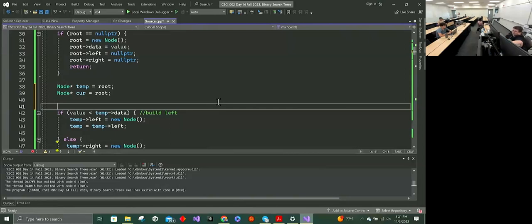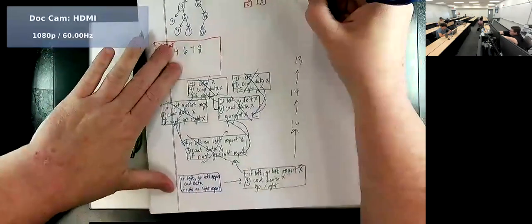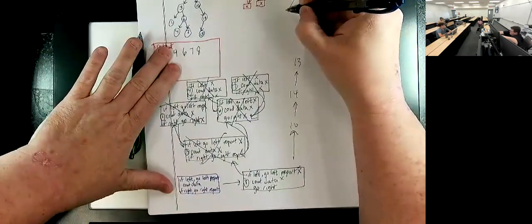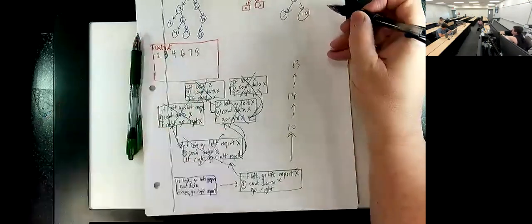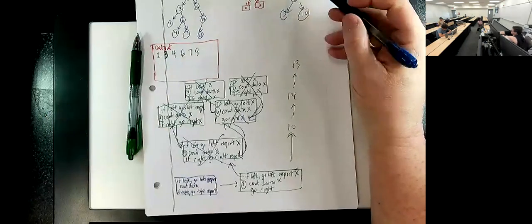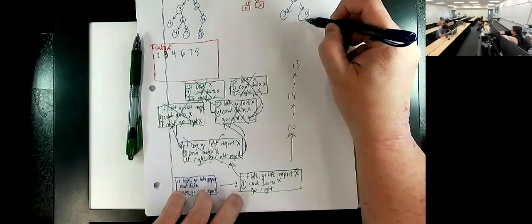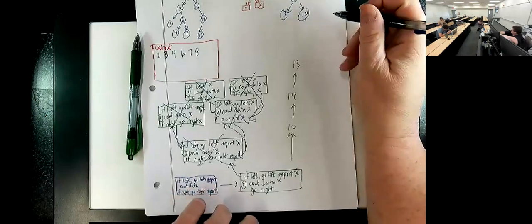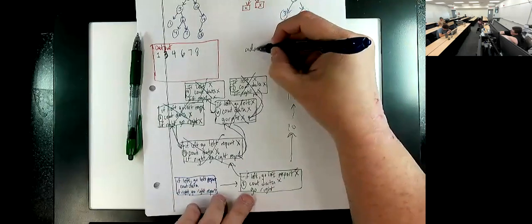So let's see where we're at right now. Right now, we have the 8, and we have the 3, and we have the 10. And we want to say when we hit add node, it goes and searches and takes me to the correct branch. So let's say I'm going to do add 4 next. So add 4